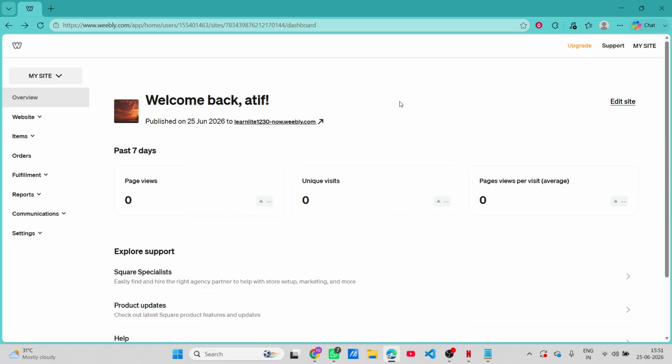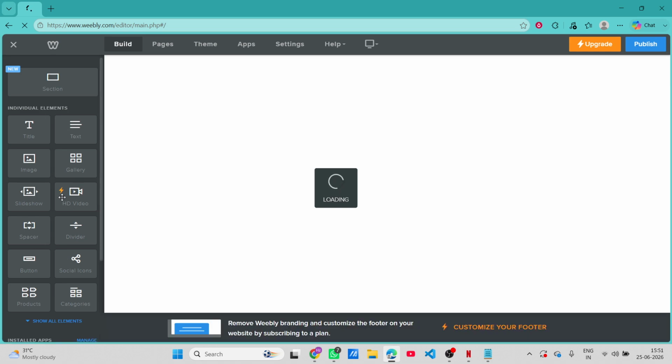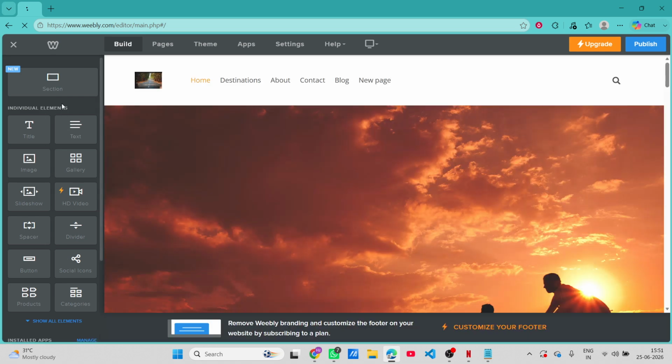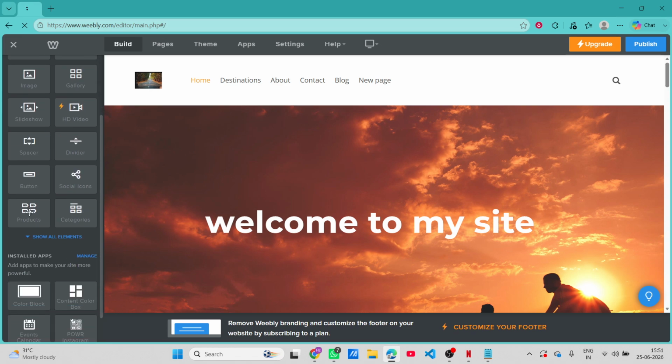So, let's dive right into it. First things first, open up your Weebly account and head over to the site editor. This is where the magic happens. Once you're logged in, take a look at the top navigation bar and click on the Build tab. This will bring up your design elements on the left side panel. You'll notice a lot of different tools available to you, and we'll be using those tools to make our website